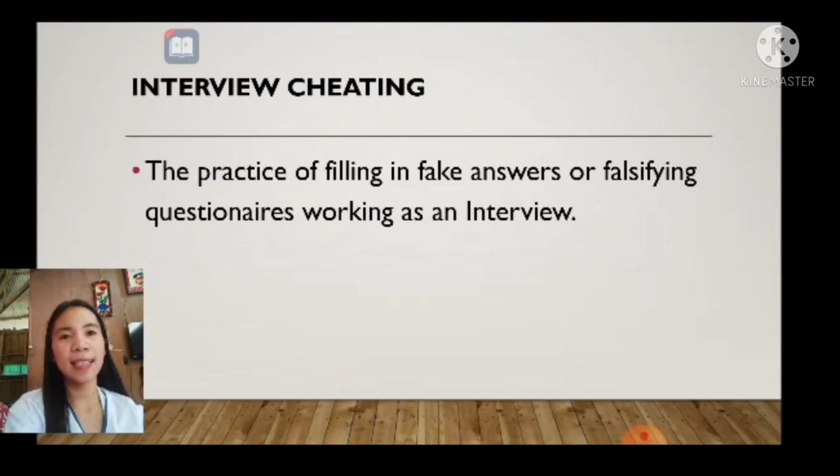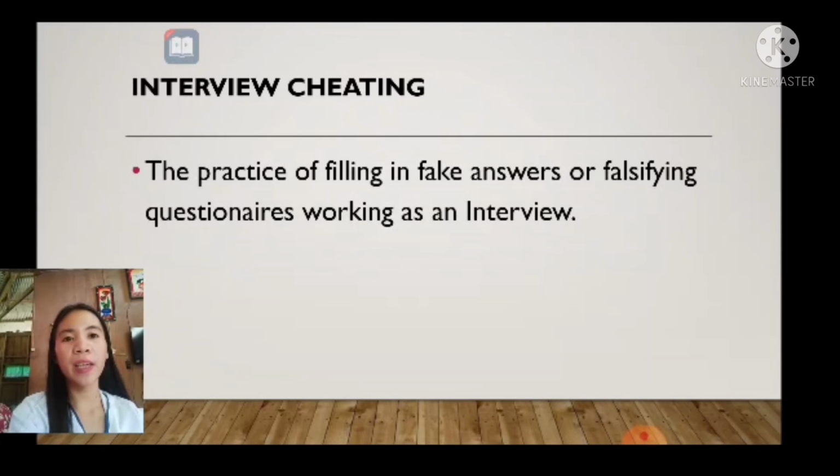Then last is interview cheating. The practice of filling in fake answers or falsifying questionnaires as an interviewer. From the word cheating, marami dito yan sa atin, lalo na sa paaralan, kapag may exam, maraming cheating. Hindi lang sa paaralan, kundi meron din sa research.